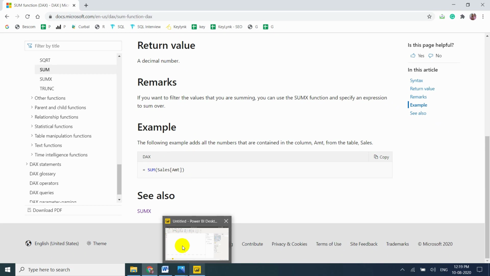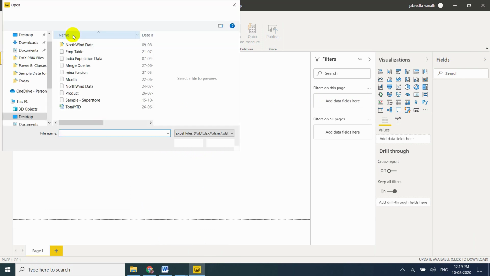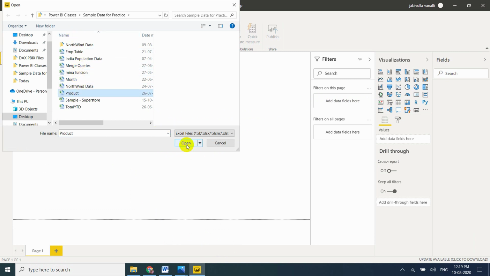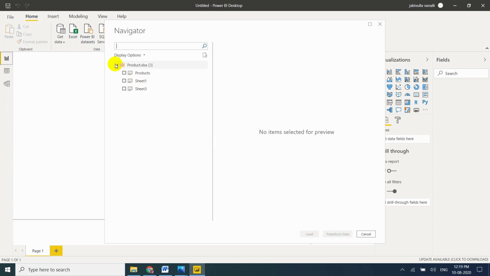Okay. Now let me go to my Power BI Desktop. Let me take simple data to explain this. I'm taking the product table. Let me click on open. So I am selecting the products table.